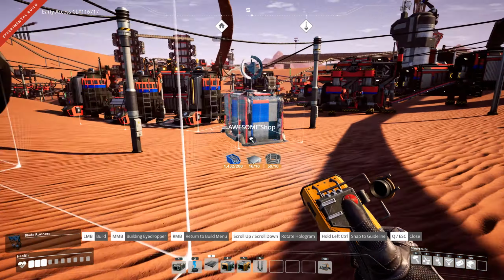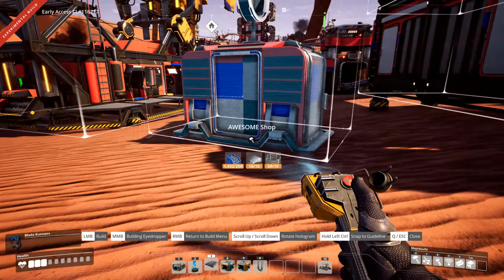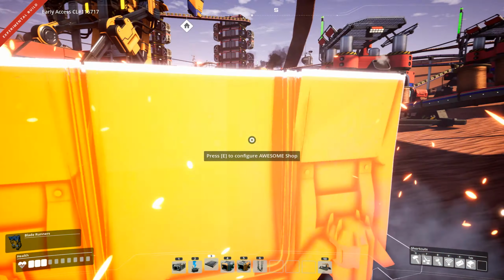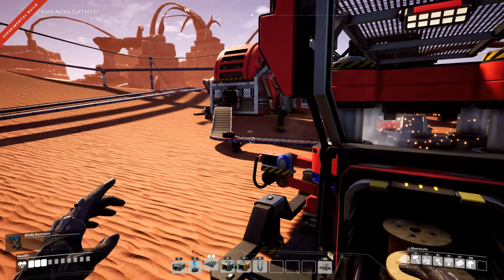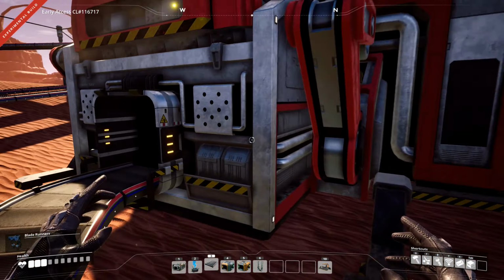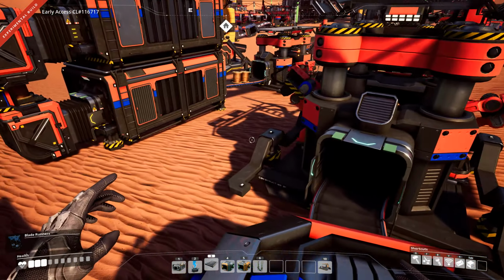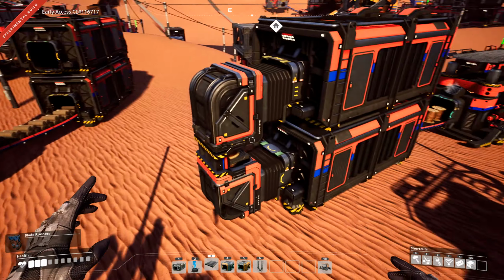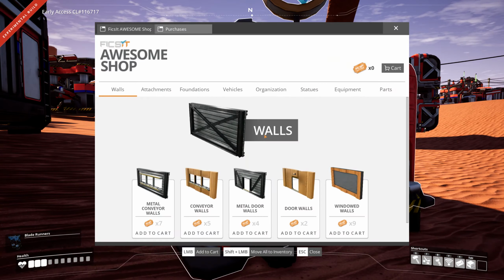I do want to look at the awesome shop, which is something I've been putting off forever, because I know as soon as I put one down, I'm going to want to spend a whole bunch of coupons I probably don't have. How many coupons do we have so far? We have 5 coupons. Where did I put that thing down? Over here. Okay, awesome shop. We're going to want...